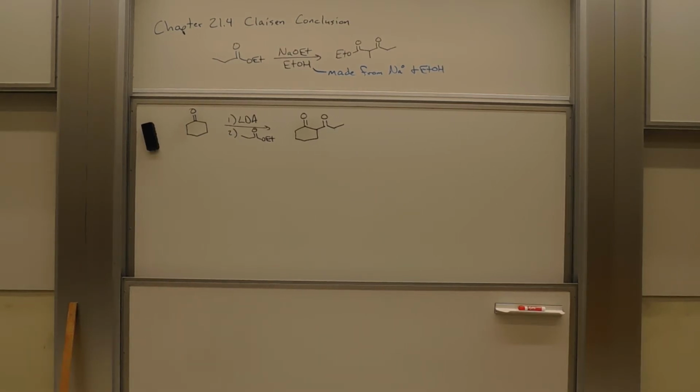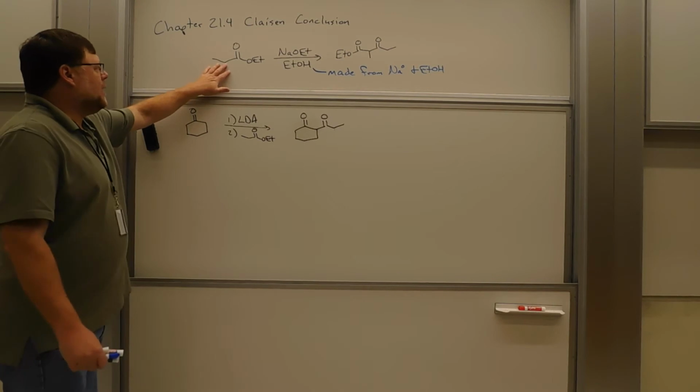Okay, so this is the conclusion to the Claisen condensation video that got cut off the other day. If you haven't seen that, if you haven't seen chapter 21.4 Claisen condensation part 1, go watch that now. In that one, we saw where we made an ester enolate